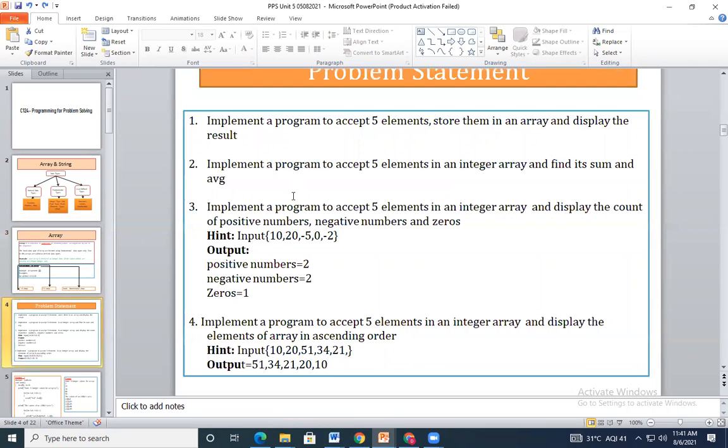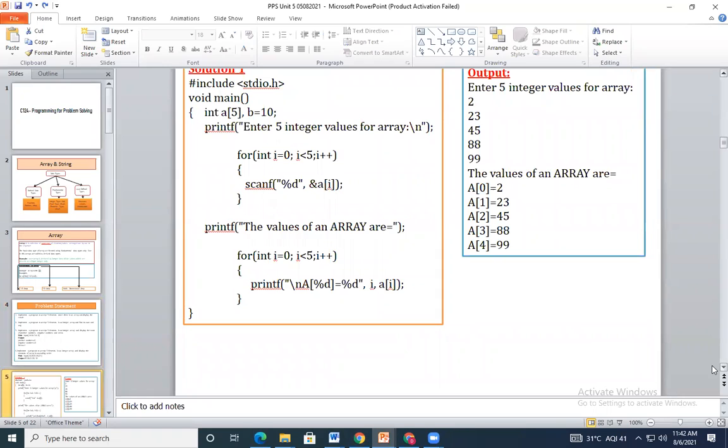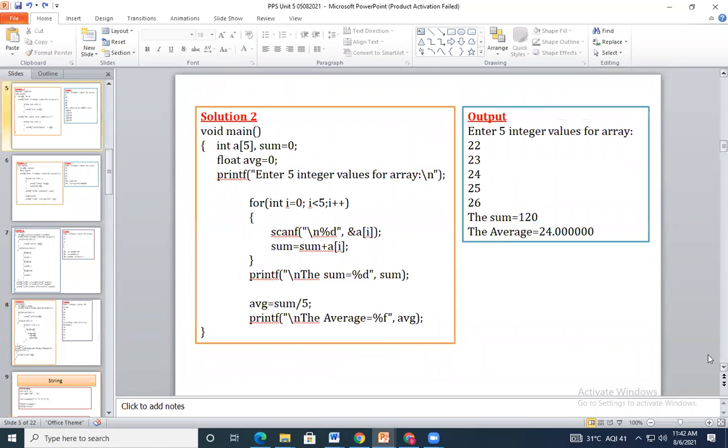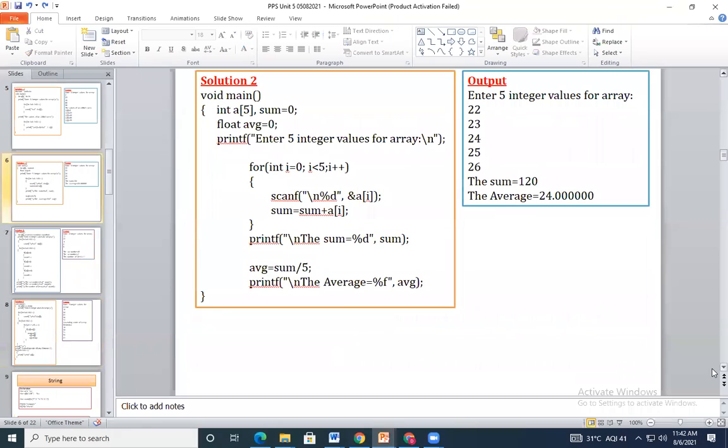There we have gone through some problem statements and handling of the array elements provided by the user, like their addition, subtraction, then finding positive numbers, negative numbers, then placing those array elements in ascending order. For descending order, you simply need to change the condition, and sample programs are here as per the number of questions. The solution number will appear here.